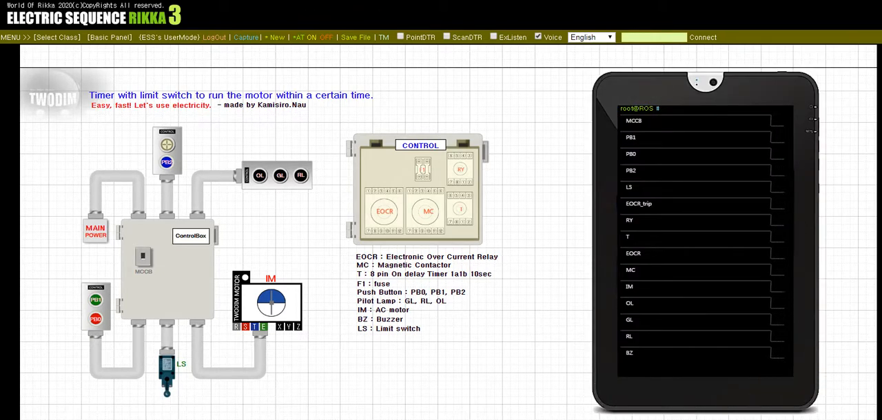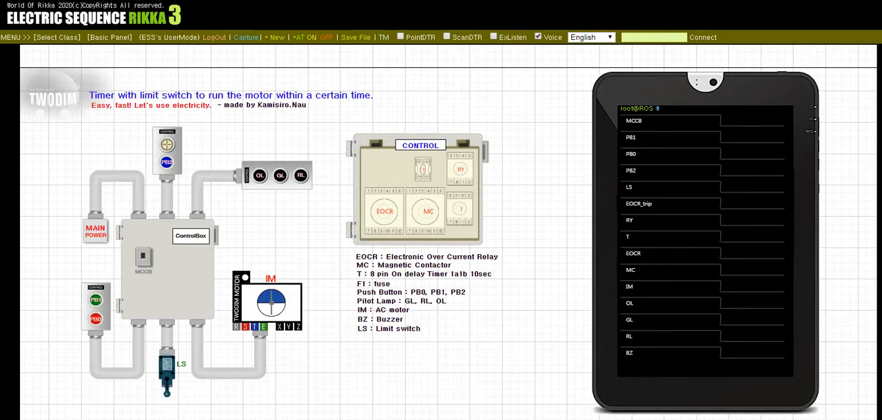Timer is operated by limit switch and electric sequence learning contents that user can push the push button to operate motor within timer time. Hello. Understand the electrical sequence configuration given in the screen configuration and the behavior of the various electrical equipment inside the